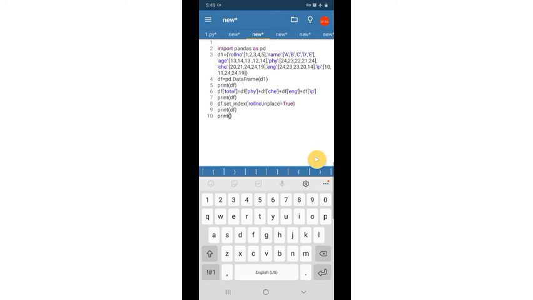We have a function called loc which selects particular rows. It can be written as df.loc in square brackets, inside one square bracket, which rows we have to display: 1 comma 3.